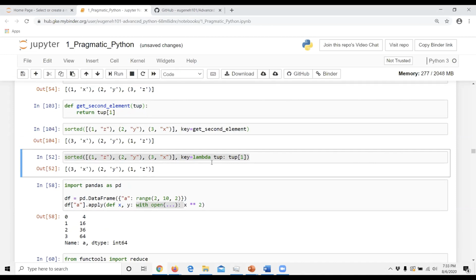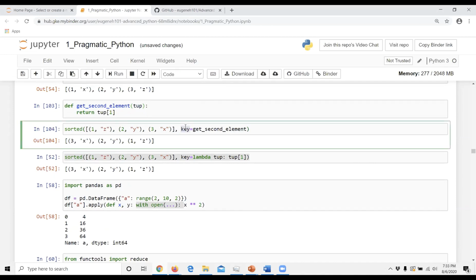All I do is pass into the key argument a function telling how I want to sort this iterable. In this case, I'm getting the second element of the tuple. So z, y, and x.